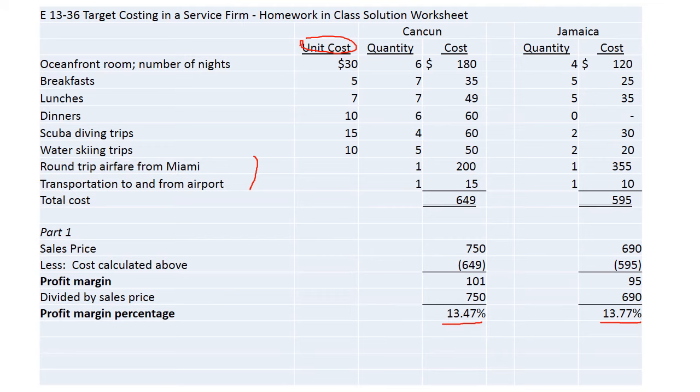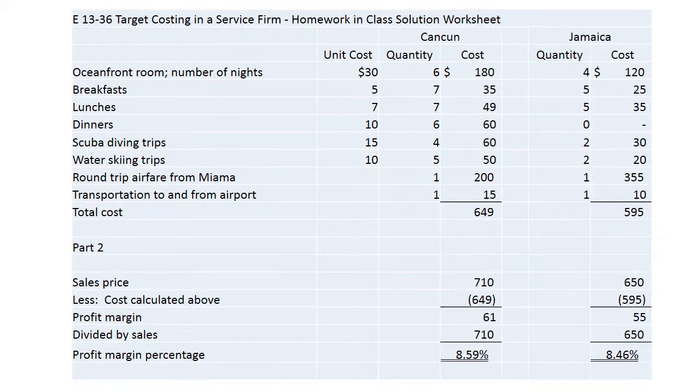For part 2, what they ask us to do is to assume that our sales price drops to $710 for Cancun and $650 for Jamaica. So I'm going to go to the next screen. Okay, so in part 2, we've revised the sales price to $710 for Cancun and $650 for Jamaica. With the cost remaining the same, our profit margin goes down to $61 for Cancun,